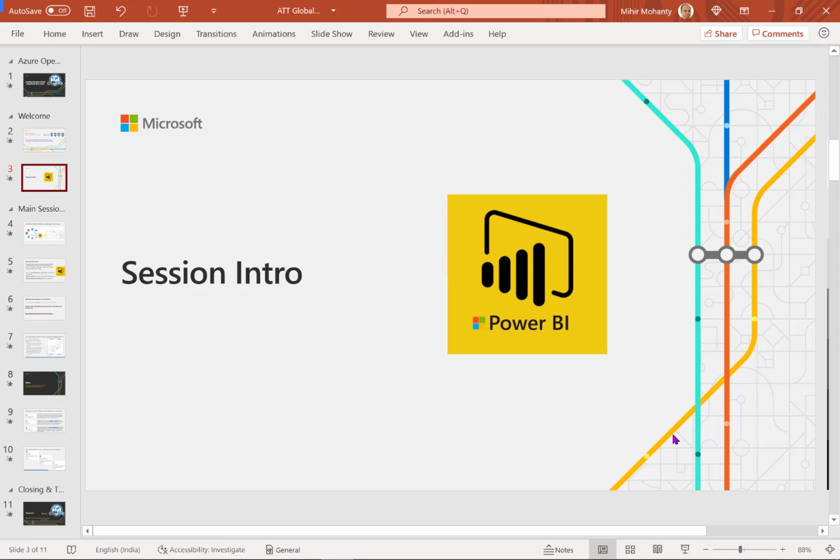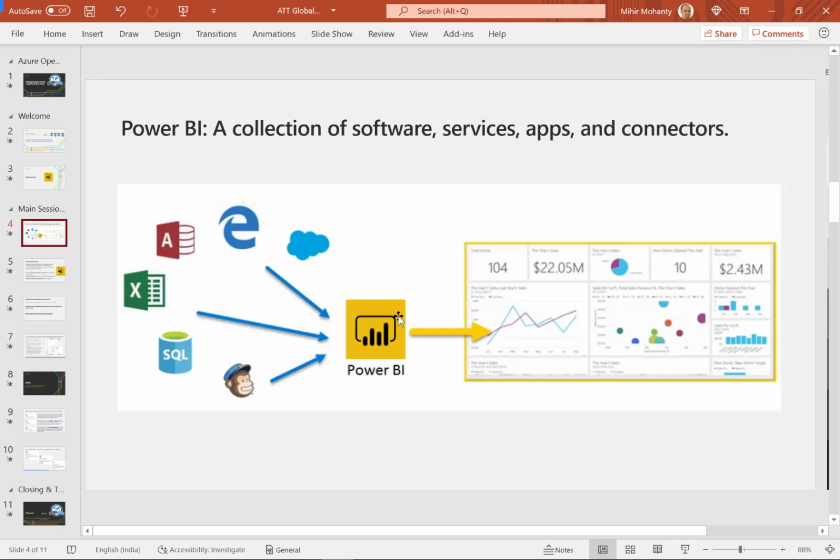That's what we are going to discuss as we move forward. So let's move on. As we move to Power BI, let's understand what is Power BI and how to handle it, where to start, and to get going with Power BI.